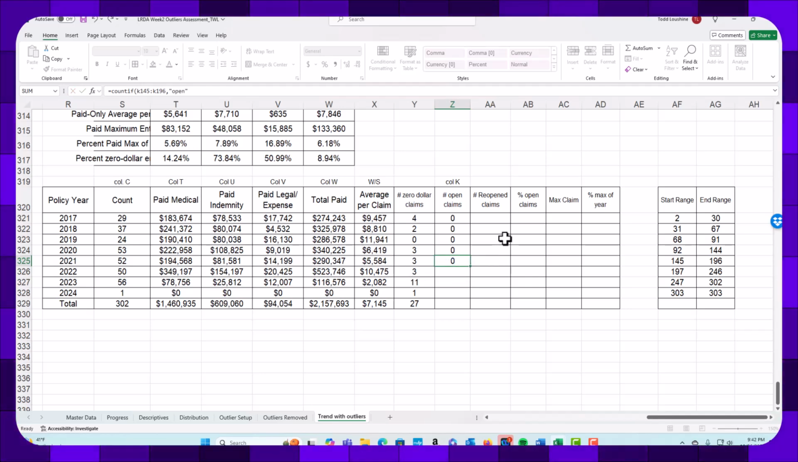K196 open, equal COUNTIF. Here's the thing too, if you're not sorted by year, if it's not sorted up like it's supposed to, this all gets messed up. And we'll have to redo it for when we remove the outliers. Although, yeah, we will. COUNTIF